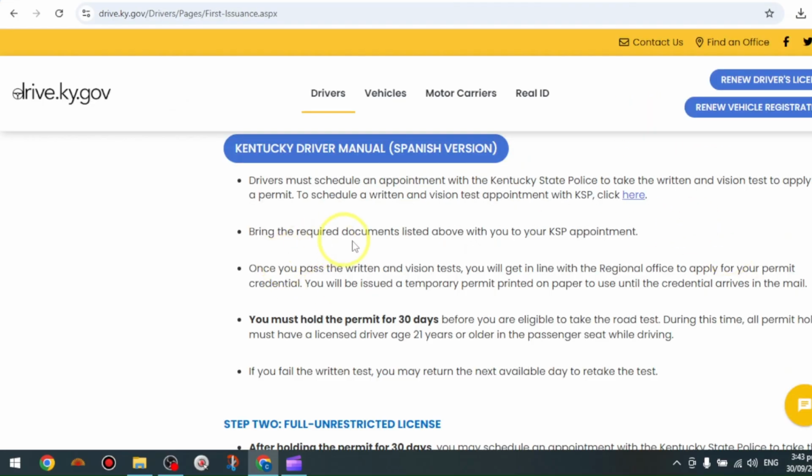Also, make sure that you bring the required documents listed above with you to your KSP appointment. Once you pass the written and vision tests, you will then get in line with the regional office to apply for your permit credential. You will be issued a temporary permit printed on paper to use until the credential arrives in the mail. You must hold the permit for 30 days before you are eligible to take the road test. And during this time, all permit holders must have a licensed driver aged 21 years or older in the passenger